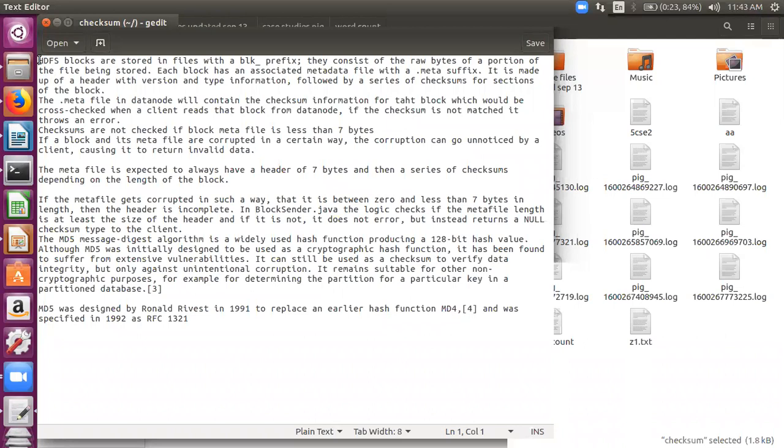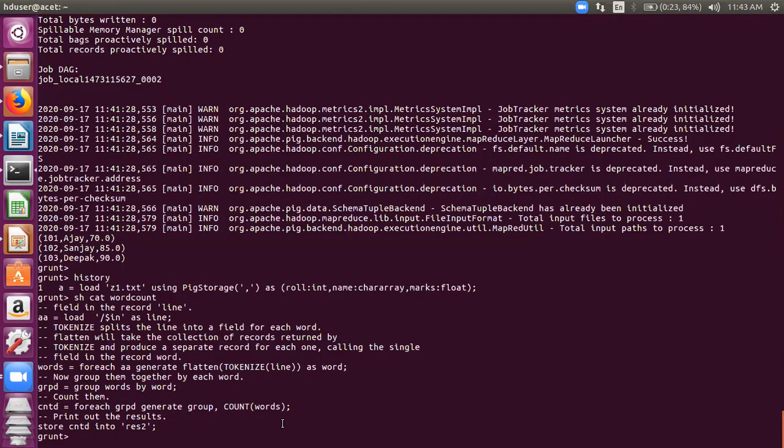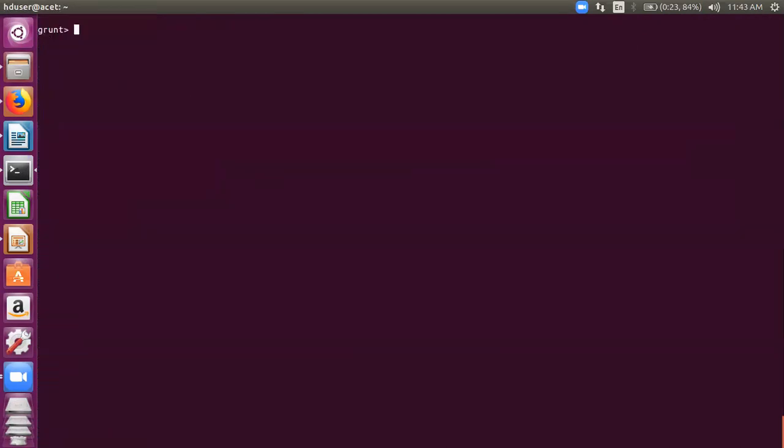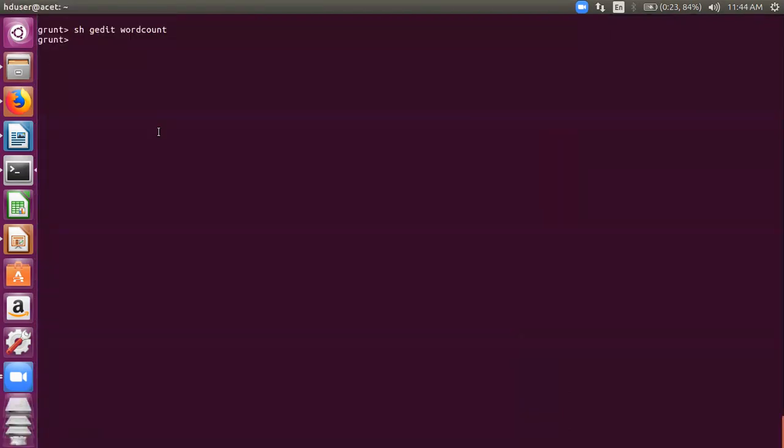वैसे आपको प्रोग्राम लिखने को बोले जावा में, सी प्लस प्लस में, आप लिख के ट्राई करो और बनाओ, ठीक है, but see that your word count program, how it does it. Okay, so इसके लिए क्या करें, हम इसको पहले तो क्लियर कर देते हैं और फिर इसको रन करते हैं यहाँ से exec word count. लेकिन हमने उसमें तो चेंज नहीं किया, right. So look carefully now what I'm going to do, gedit word count. इसमें यहाँ पर अभी मैंने पैरामीटर्स डाल के रखे हुए हैं, वो हटा देता हूँ मैं. लोकल फाइल सिस्टम में हूँ, डिफॉल्ट पाथ में, सो checksum लिख देता हूँ यहाँ. So I load the checksum file. Okay, so it will count the number of words from the checksum file. So let's now run it, exec word count, okay.